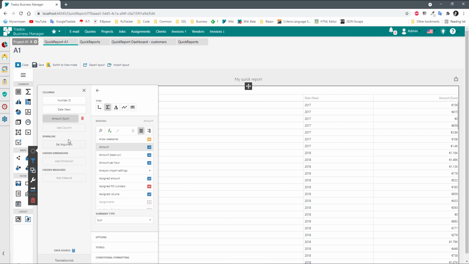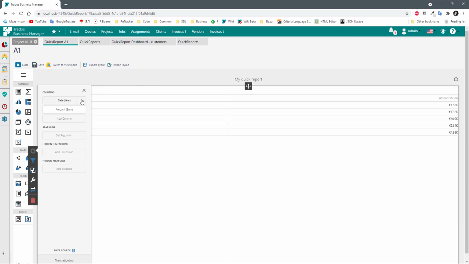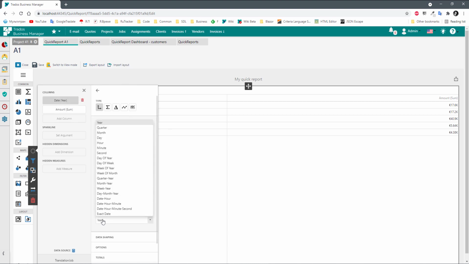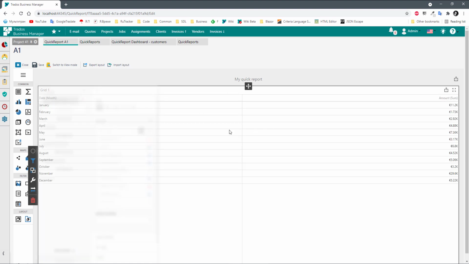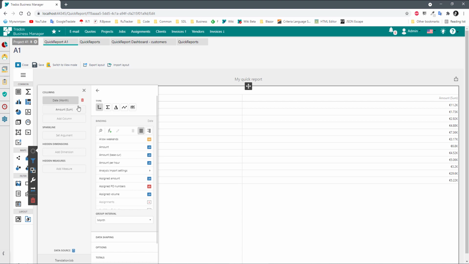If, for example, I remove the number field and only year remains, then you can see that not a list of jobs is displayed here, but we get total amounts of all jobs per each year. And if we go to date and select some other group interval, for example quarter or months, or what we can select here, yeah, probably it will be months. Now we have months,